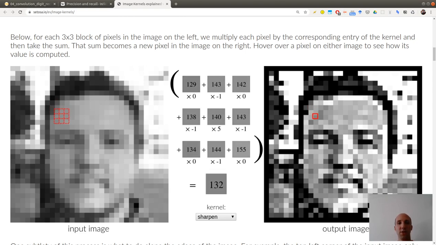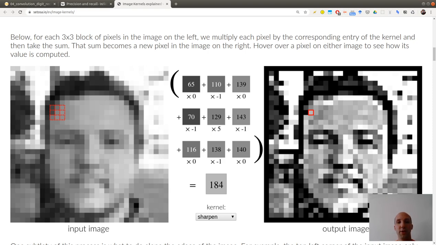And how it's done, it's just by using your kernel and applying a dot product in order to compute the quantity on the right. So on the output image, you see there is one pixel, which is circled by a red square. And the value inside this red square is exactly the dot product of your kernel matrix times the values which are on the input image on the left.